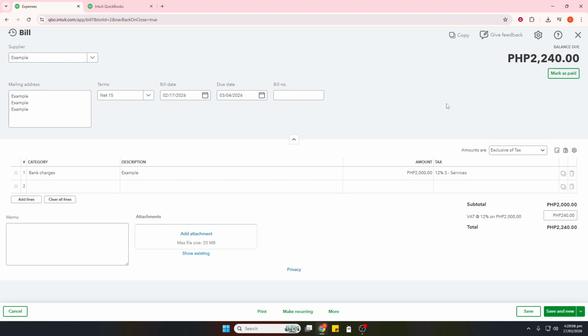And that's it. You logged in, opened pay bills, selected the correct bank account and bills, entered clear payment details, and saved the transaction. Follow this same flow each time you pay vendors to keep your books accurate, your cash position clear, and your vendor relations